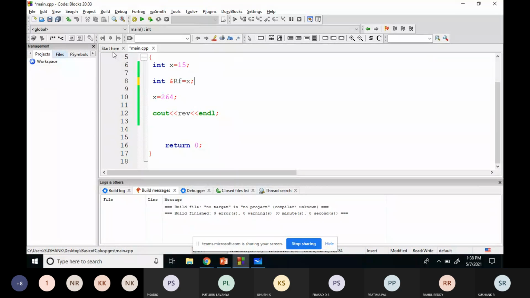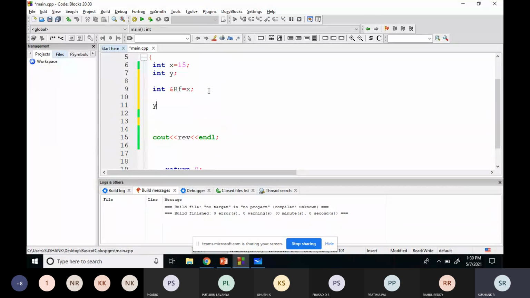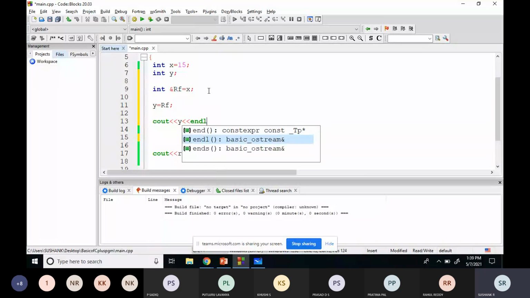Now I'll create one more variable called y, and for that variable y, I will write y is equal to the reference variable name, and after that I'll print that y.